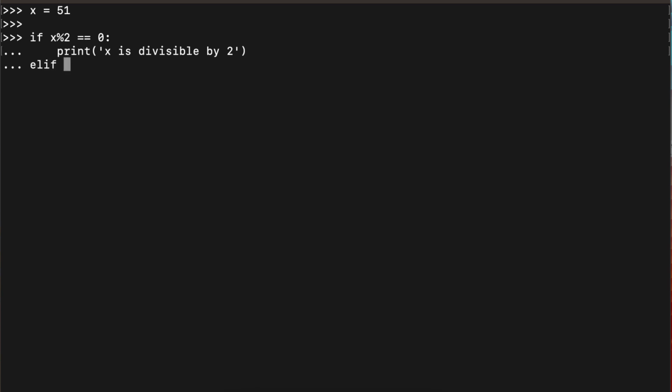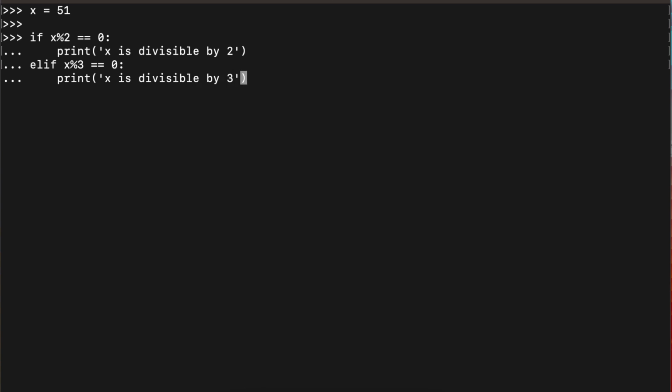Elif x mod 3 equals 0, we can say 1, 2, 3, 4, print x is divisible by 3,